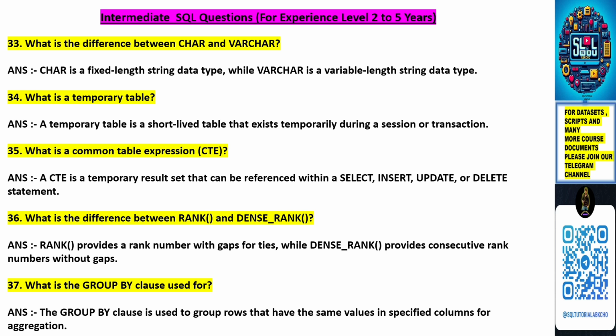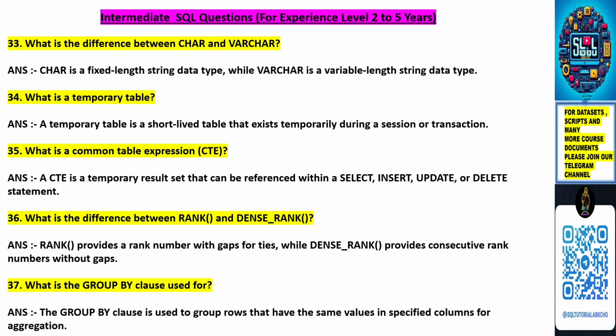So what is the difference between rank and dense rank? The answer is: rank provides a rank number with gaps for ties, while dense rank provides consecutive rank numbers without gaps. Basically, if there are duplicate records, rank will give them the same rank, and then after the gap it provides the next number,